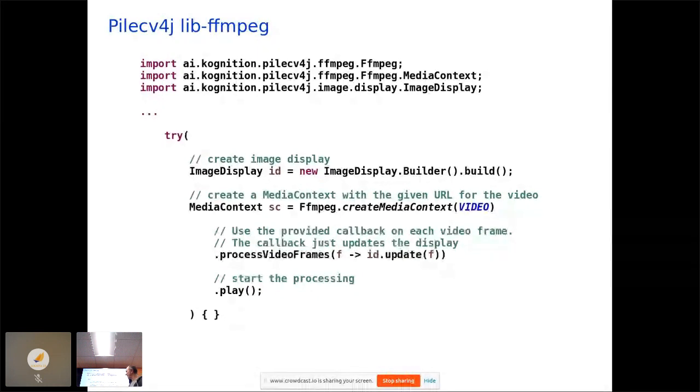JavaCV libFFmpeg has a media context. This represents kind of that whole input side of the processing chain of the digital video architecture. And this is one of the easiest ways to use this. I'm basically saying, create me a media context from this source, and I want to process video frames, pass me the frames, and all I'm going to do is update the display. Right? So,